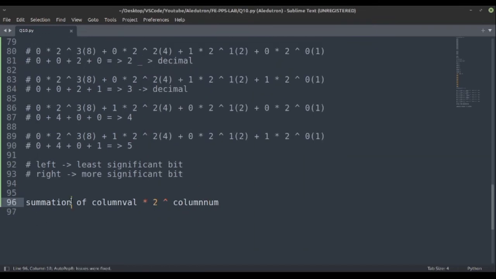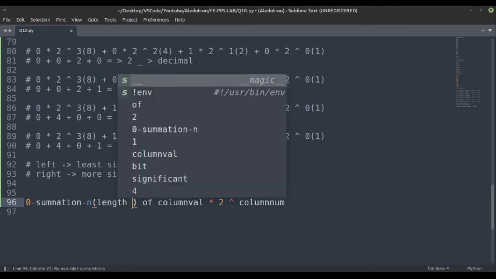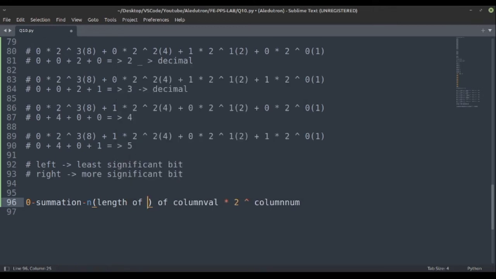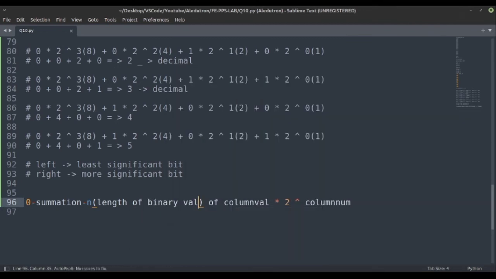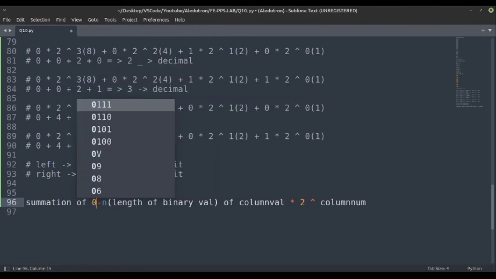So summation, this would start from 0 to n.